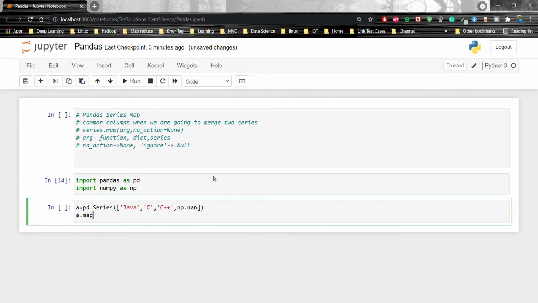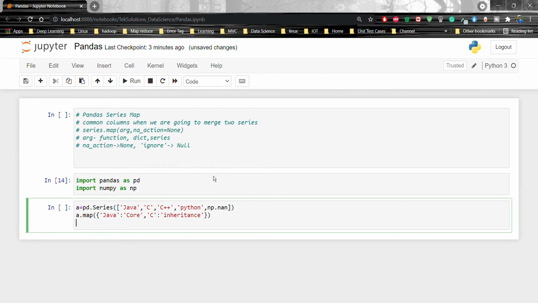Now I am going to map the values. a.map, I'm going to pass Java for the corresponding core, and we can use Python here also. Java maps to core, C maps to inheritance.